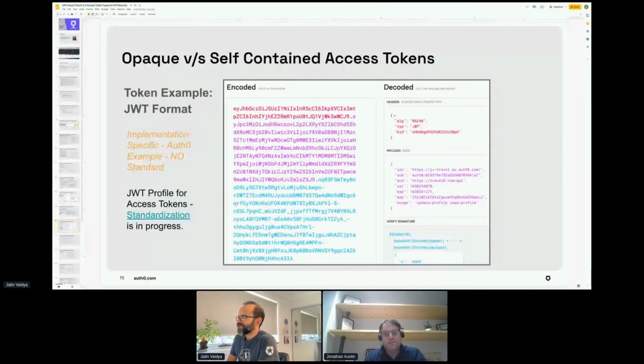Since this token is self-contained, all the information is encoded by the token, like who is the issuer, who is the subject of the token, who is the audience, when exactly it was issued, when it expires, who is the authorized party, and what are the scopes contained within the token. All this information is encoded within the token itself. So the resource server, which is the API, can just look up all this information for itself. Once it validates the signature, it can easily consume all the information from this token, and thereby arrive at an access decision, whether to permit or deny this particular access.